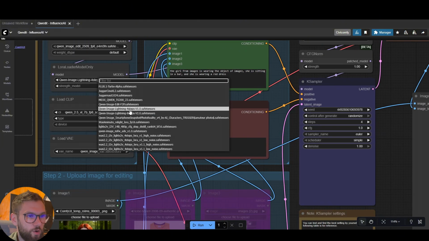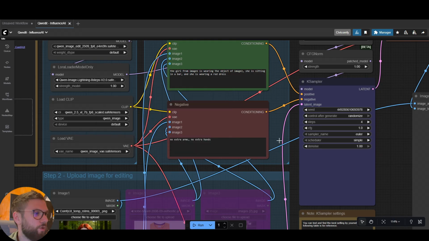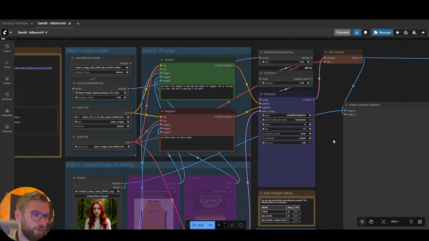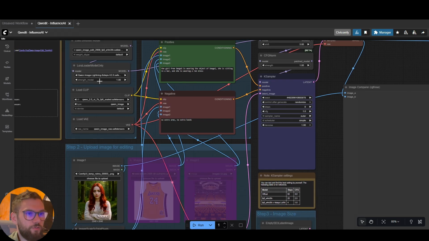Or I can go with an 8-step LoRA, and so here I need to change the number of steps to 8, for example. So this is another way to use a LoRA, to use less VRAM and have faster generation, but still good enough in the quality. So here, if I put the Lightning 8-step LoRA,